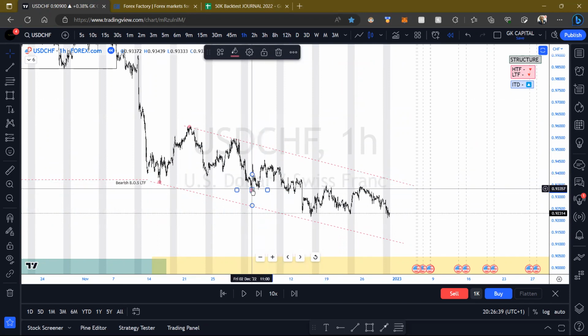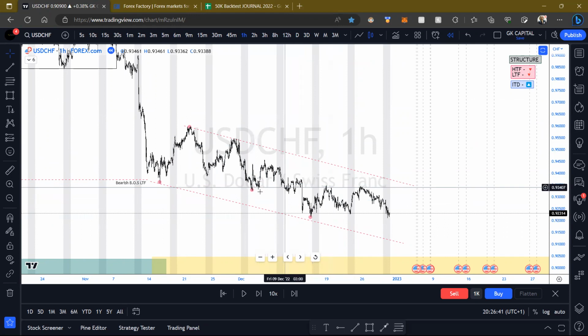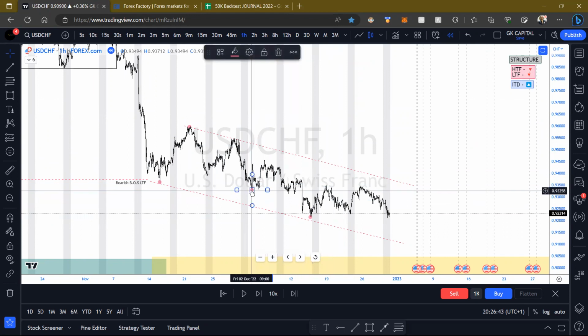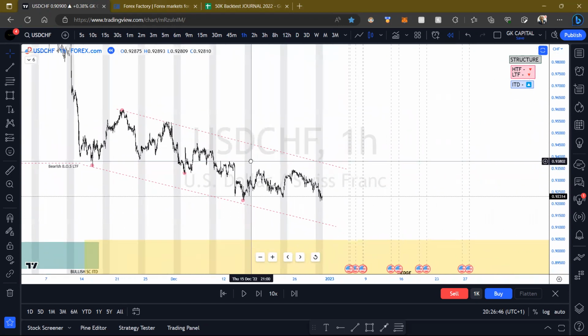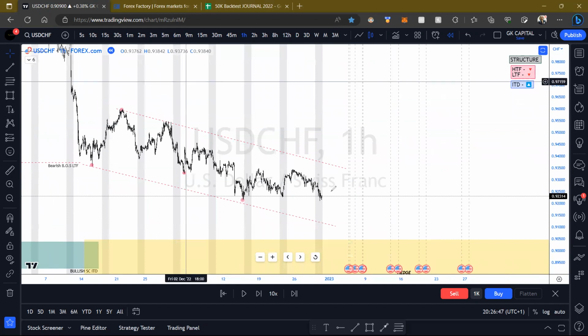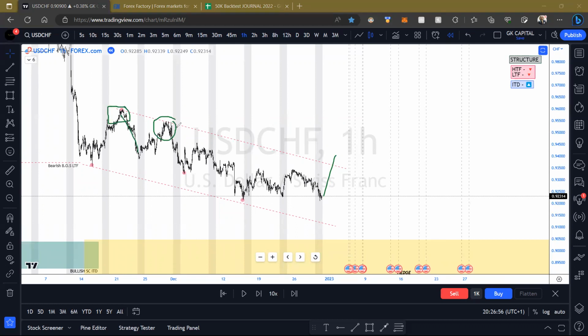I want to say that's pretty much the whole continuation there. Cool. So what I would be looking for is some sort of shakeout, ideally something that can help us tap into this. Because we can see this was the distro, this was the distro. This for me is just a continuation.